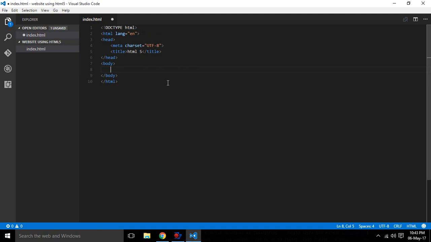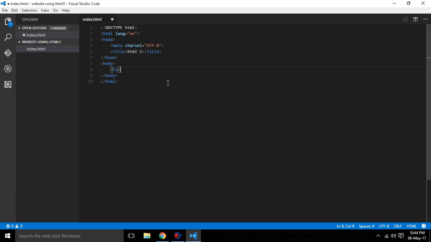Here we are going to make a basic structure with a heading 1 and a paragraph. If you want to make a heading, you have to open these two angle brackets inside which you type. There are 6 types of headings: H1, H2, H3, H4, H5, H6. H1 is the largest and H6 is the smallest heading in HTML. So we are going to make two headings. Here is the h1 heading.